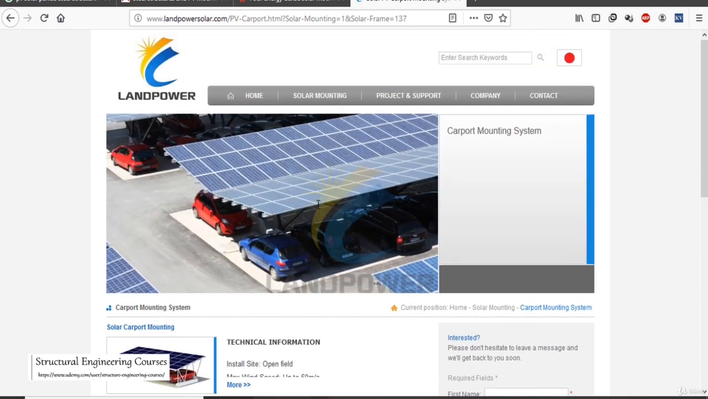So in addition to making this car parking, we can also have this area used for the generation of solar panel electricity. So you can see how versatile we can go. There are various further options when we are designing the